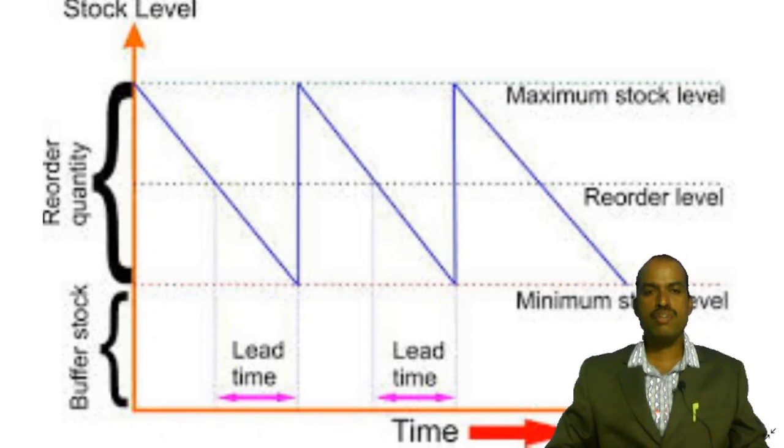The learning outcomes of this lesson are to know the meaning of different stock levels and their importance, the factors which are influencing the stock levels, the need for setting up the stock levels and how to set the stock levels, and at the end to know the stock levels with real-time problems and graphs. These are the learning outcomes of the lesson.